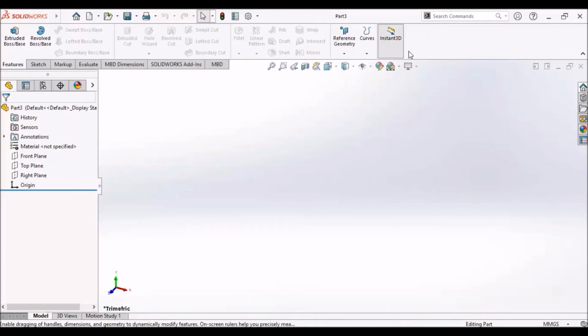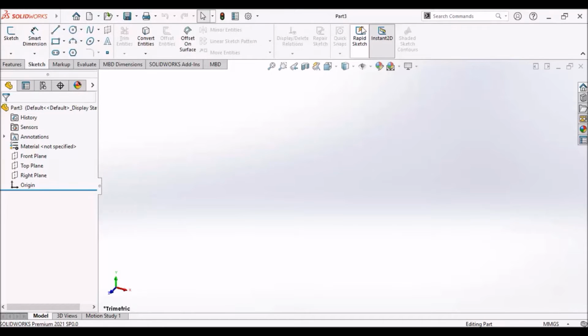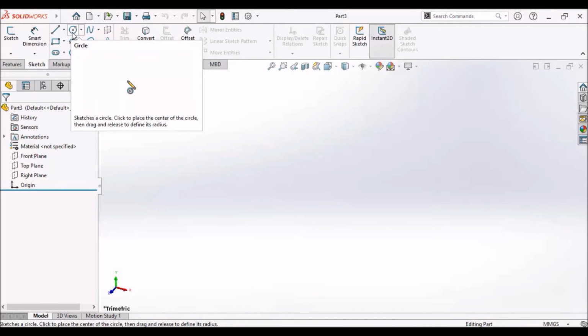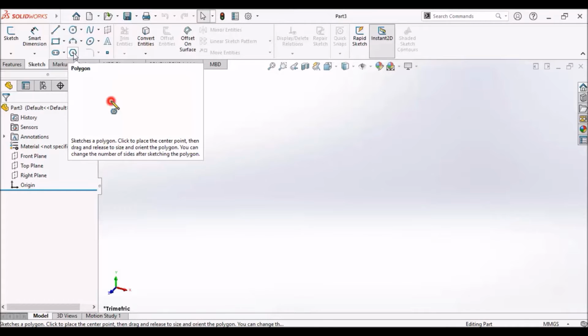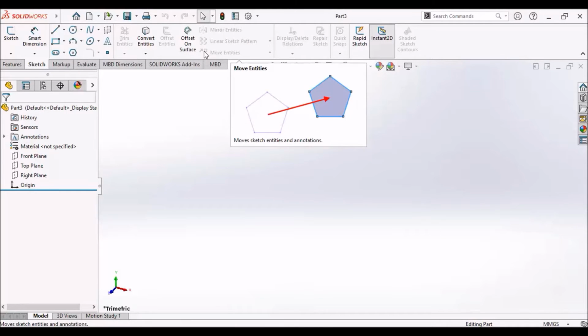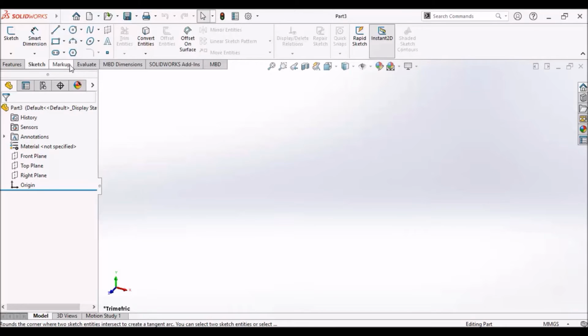And these are the reference features, like reference planes, reference axis, coordinate system, and calculating moment of inertia. We can also create points, and there are a lot of curves, like helix and spring. We can use these kinds of features in solid modeling. And this is the sketch module. We can create 2D sketches, 3D sketches, convert entities, circles, rectangles, hexagons, polygons, and there are a lot of sketch modification tools that we can easily use to sketch and make features.